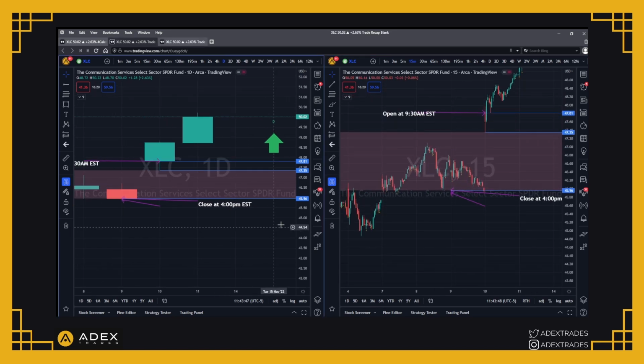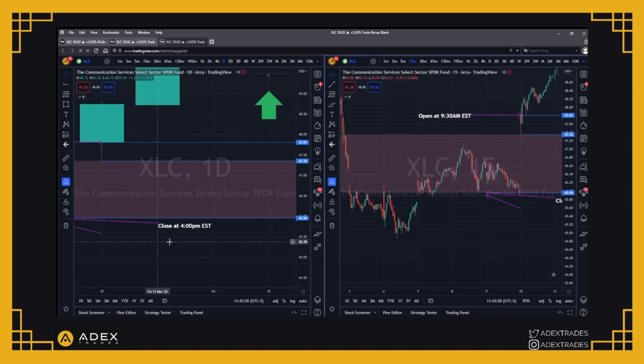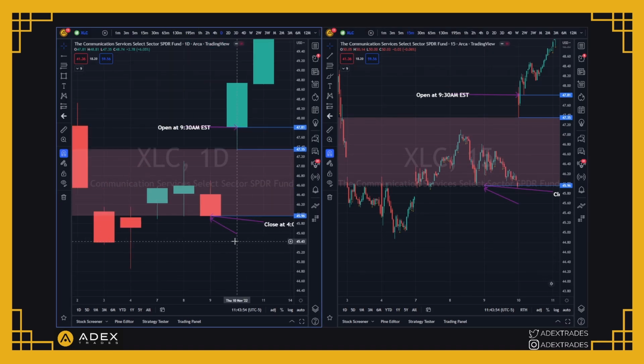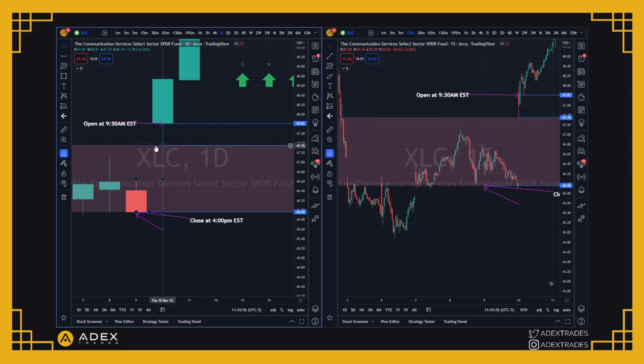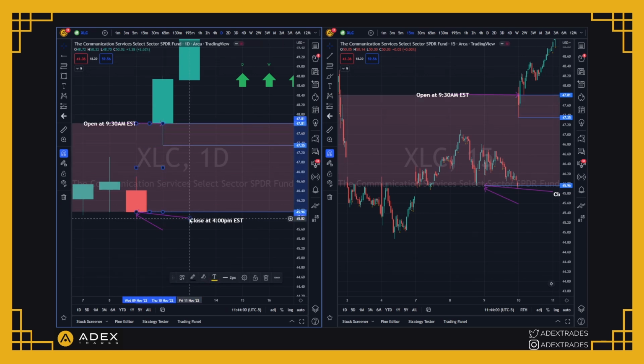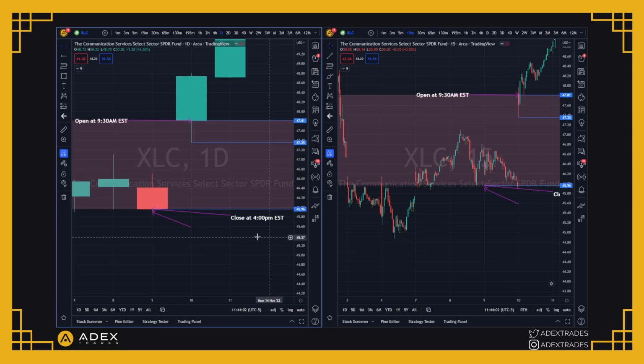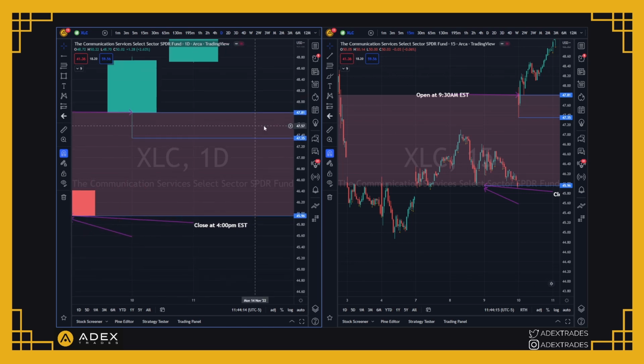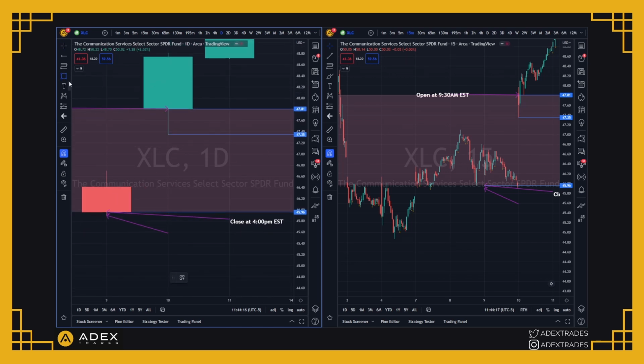Okay, so remember, in this example right here, let's go from the origination of the gap, or when the gap was created. So right here, that's where the gap was created. So the close at 4 p.m. Eastern to the open at 9:30 a.m. Eastern. And remember how I said that you have this wick that was created intraday on Thursday, November 10th, that starts to fill in the gap? So this wick right here, or this space right here, I should say,